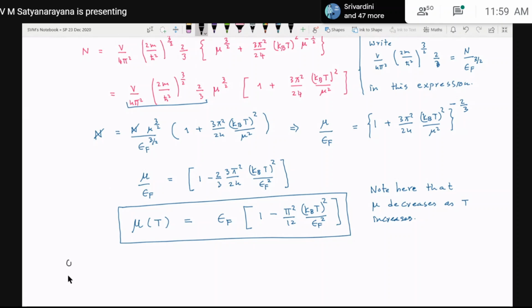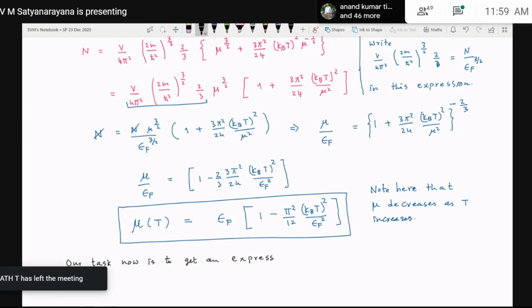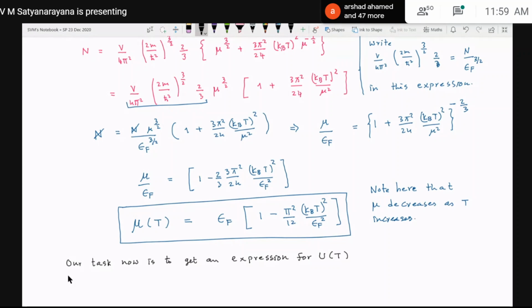So our task now is to get an expression for u as a function of temperature, for which we have to evaluate